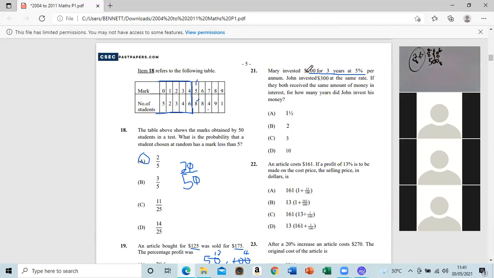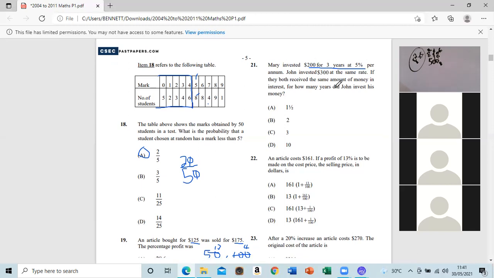Mary invested 200 for 3 years at 5% per annum. You have to find out the simple interest first. So John invested 300 at the same rate, so the rate is 5% too. And then we want to find out